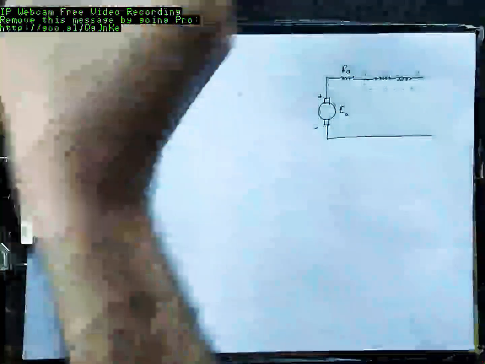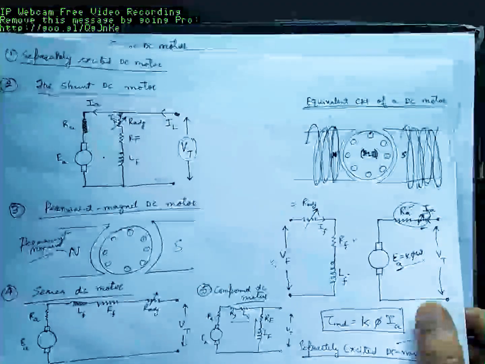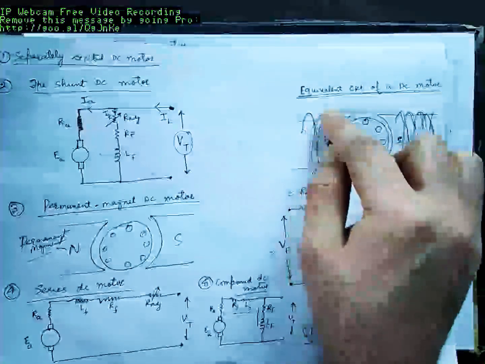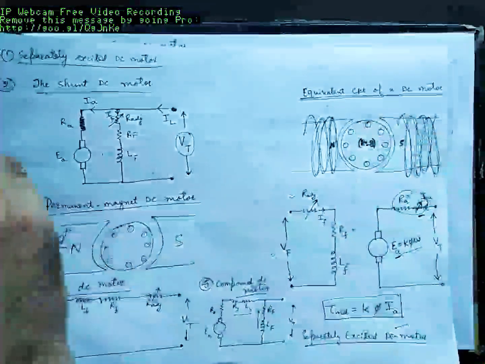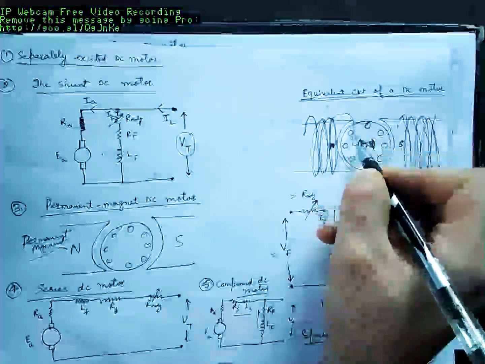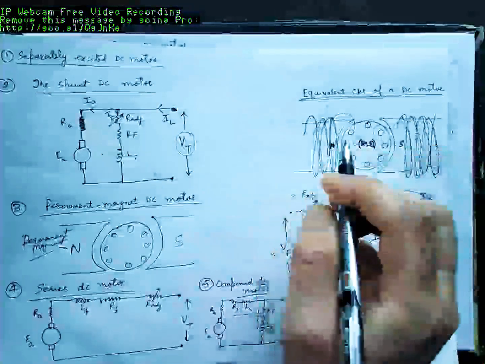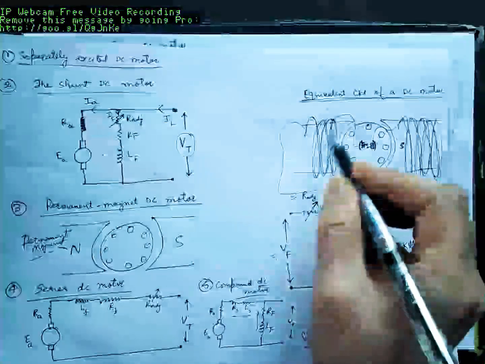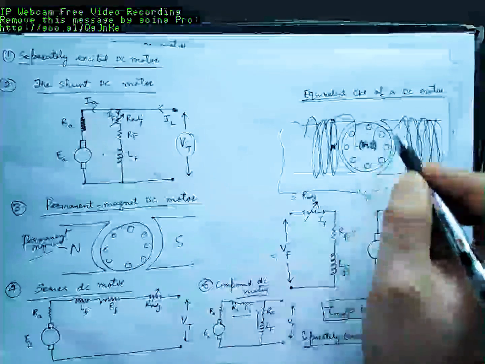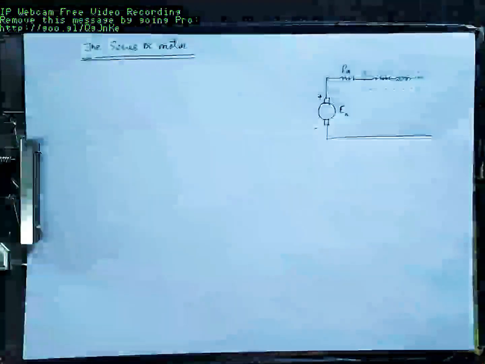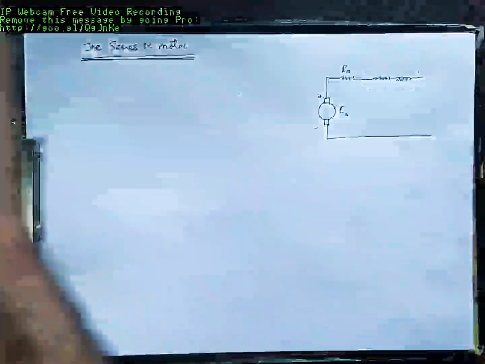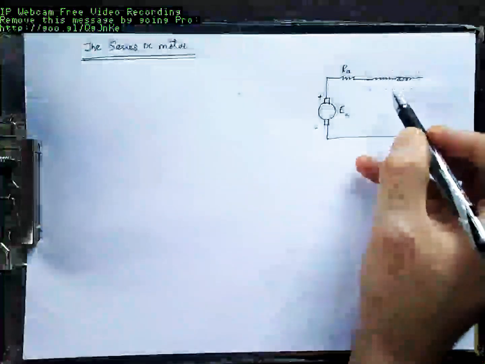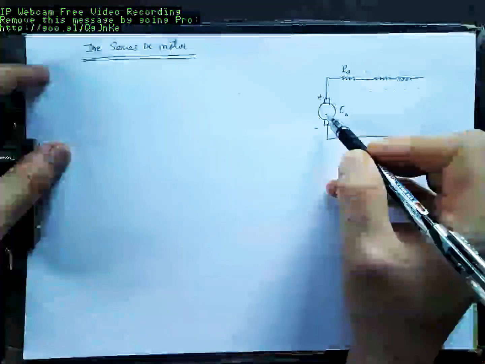If we talk in terms of the construction, the field stays here, the armature stays here, but the field winding is connected such that the armature winding and field winding are in series. For example, this side is connected here to this brush, this is connected to this, and you have, say, a voltage source VT over here, such that this winding is in series with the armature winding, and finally it goes here. So this is just a schematic. The field winding is in series with the armature winding.